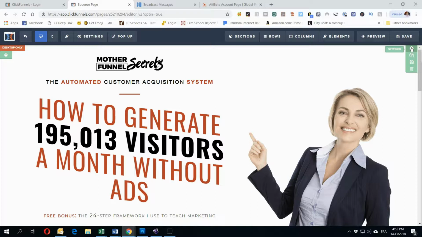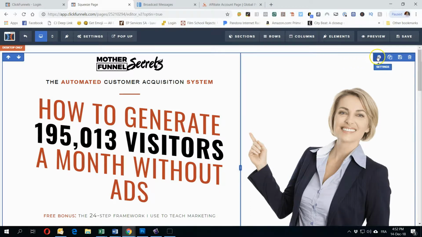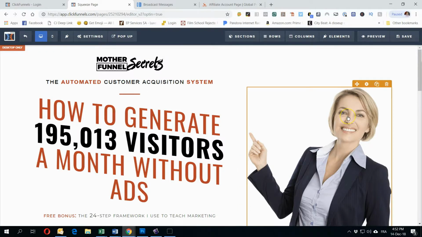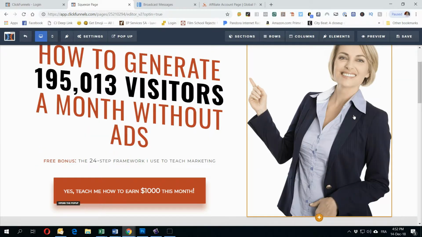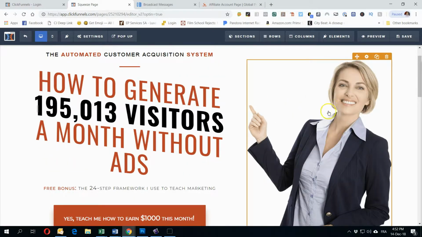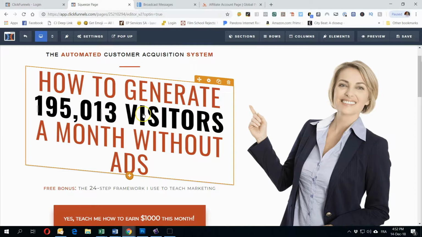You can have different zones that you can define, and in those zones you have the blue ones, which are rows. Okay, and in the rows you have orange ones, which are the elements inside the rows. Okay, so here the element is a picture, here the element is